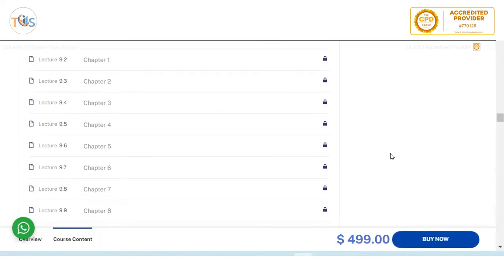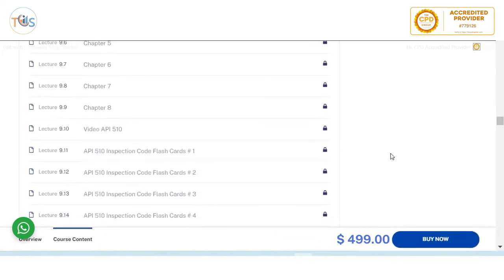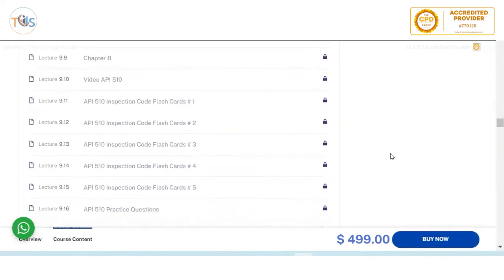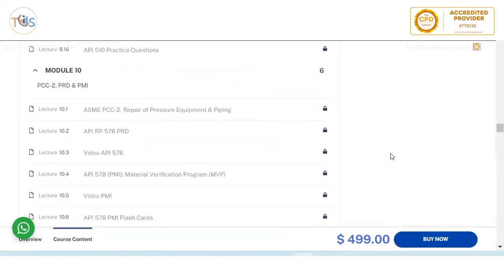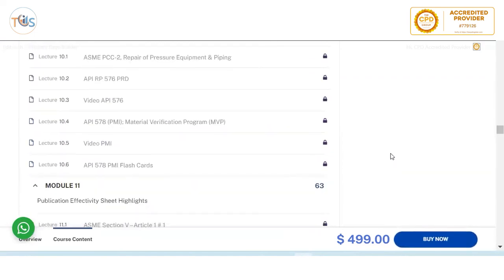and then the all-important 510, which is introduction to, and then all the chapters one by one explained in detail. This is a 60-page long document, but this is one of the most important documents here, and almost 40-45% in combination with 572. You're talking about half of the questions coming from this alone. So you need to really concentrate on this, especially as it is 60 pages long. 5 sets of flashcards and practice questions,